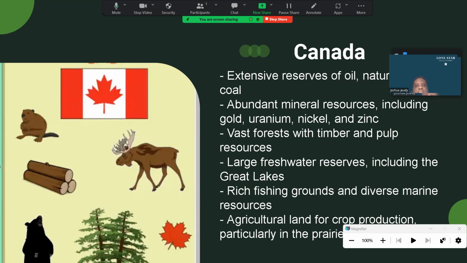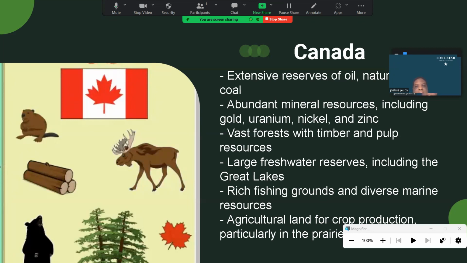Also, Canada is full of natural minerals. One of the natural minerals it has is uranium. Uranium is very important for the production of atomic weapons, and also very important for forming nuclear reactors, which are good for producing a large amount of energy. Similar resources include copper, nickel, silver, things like that.